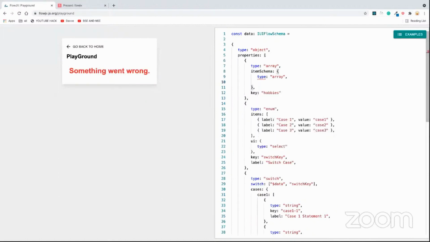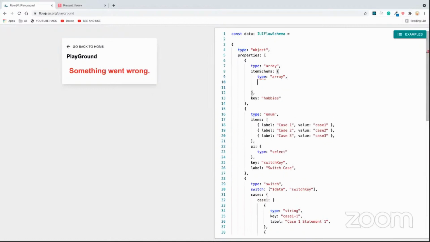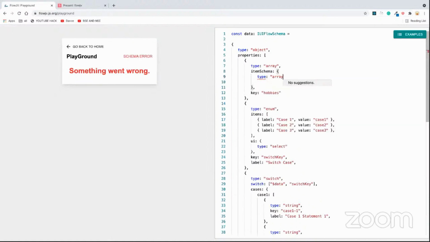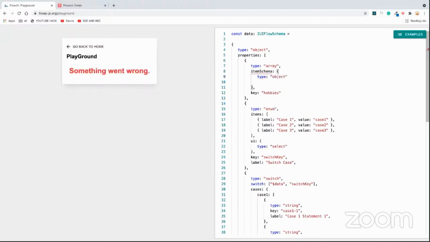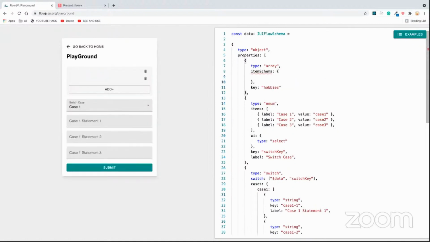If I type array, what happened? Got it. Maybe I missed this out, but yes, you should be able to do it. I think I messed up something. I'll fix that. So yeah, that is about arrays.